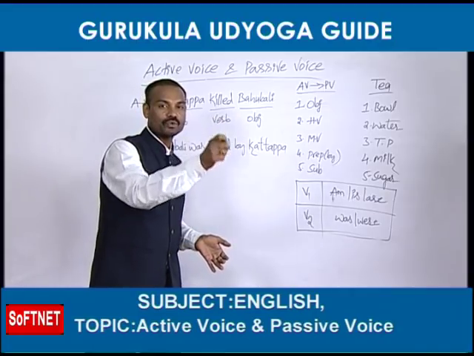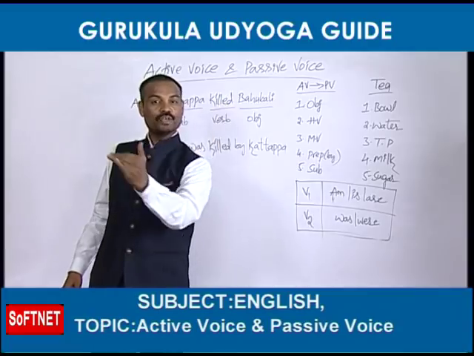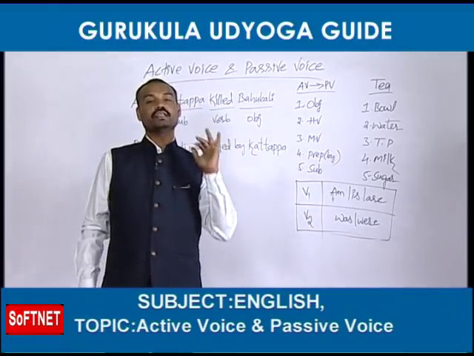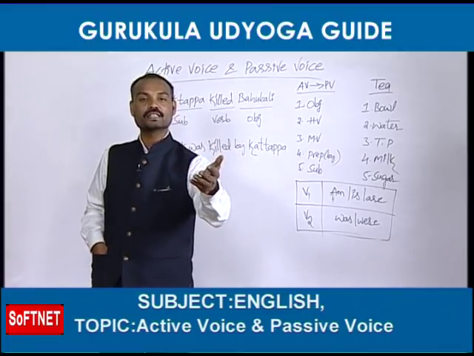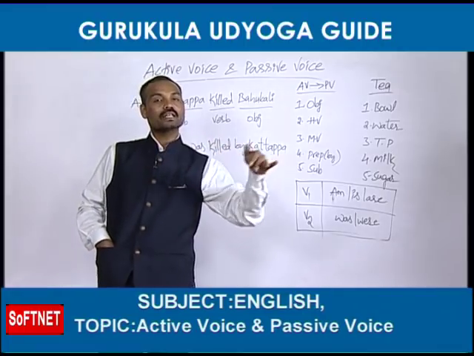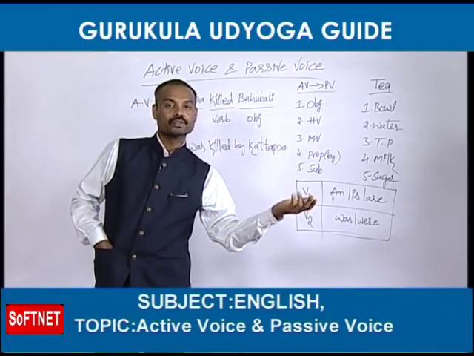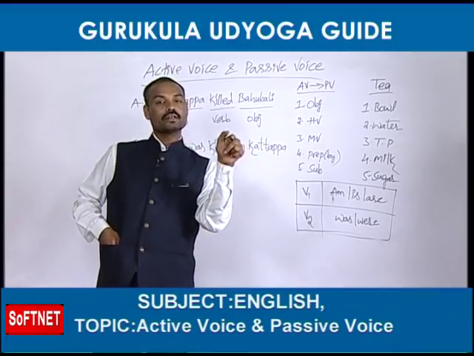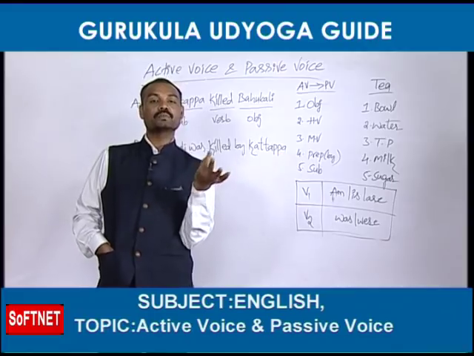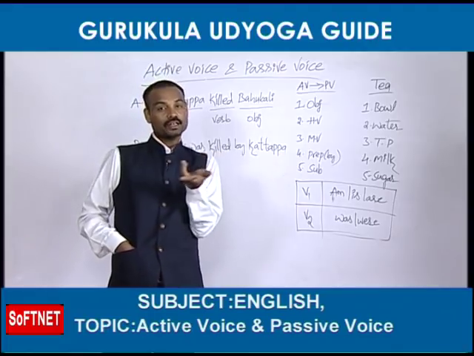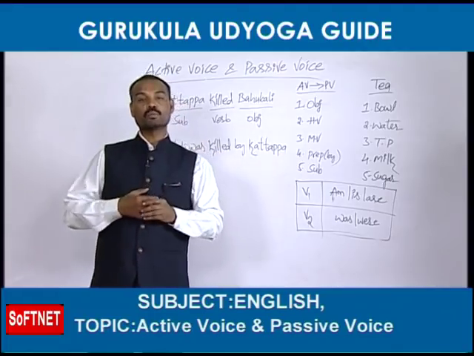Sanjay is directing a movie. Passive voice is a movie is being directed by Sanjay. See, a movie is being directed by Sanjay. That is passive voice. Sanjay is directing a movie is active voice. So in tenses, while we are learning present continuous, Sanjay is directing a movie means that is present continuous. Here it is active voice. Let us take one more example.